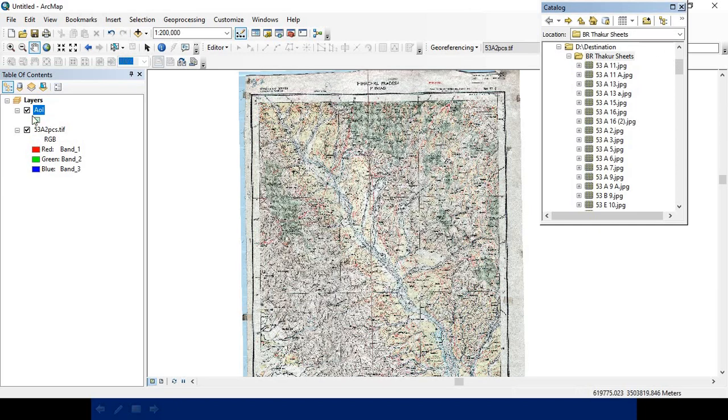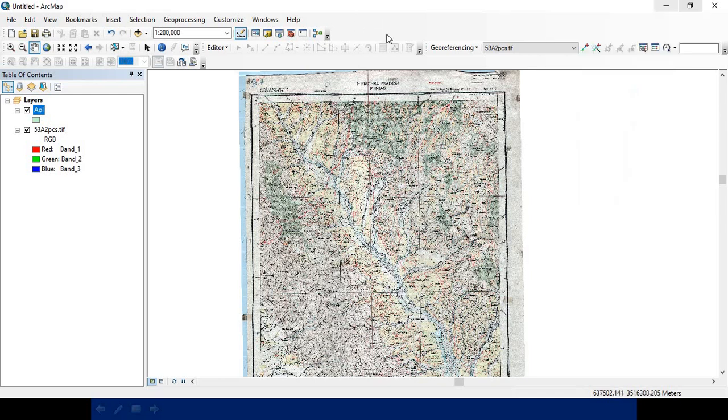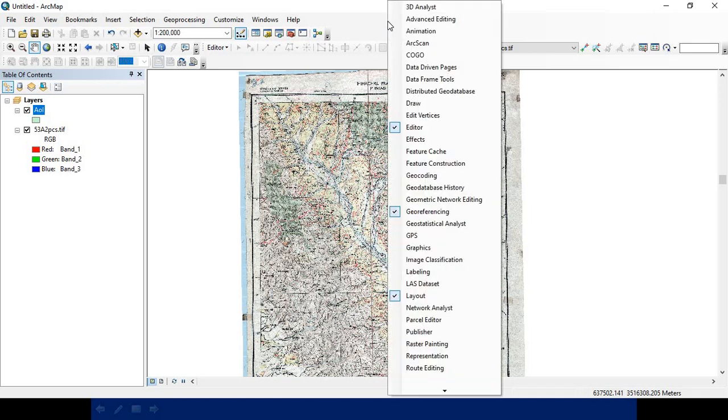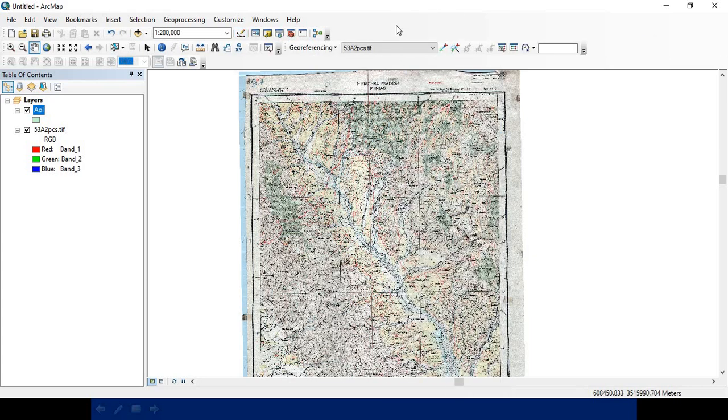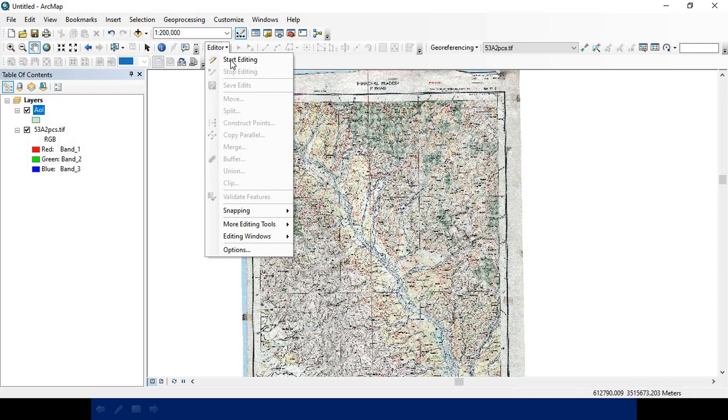Now you will see that in the table of contents the AOI layer has been created. You can close it, right click on the panel and invoke the editor. It is already on, otherwise you can do it like this. Click on the editor and start editing.